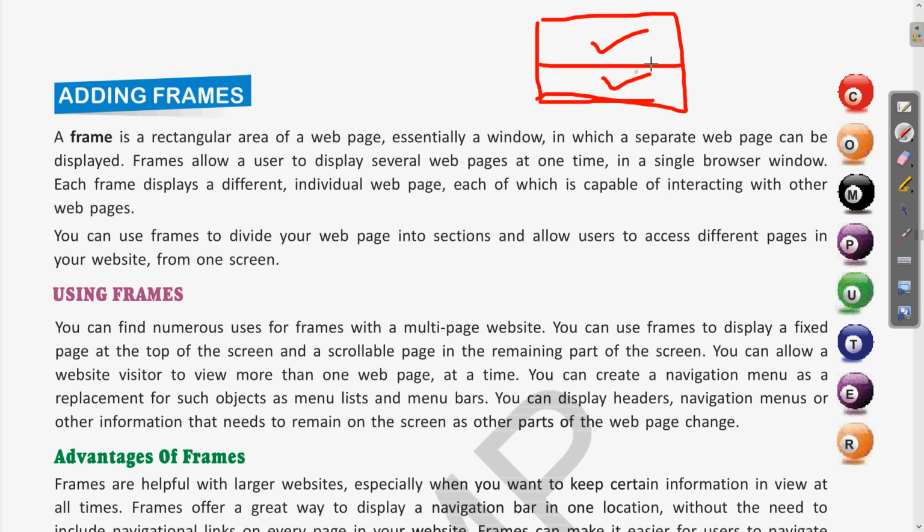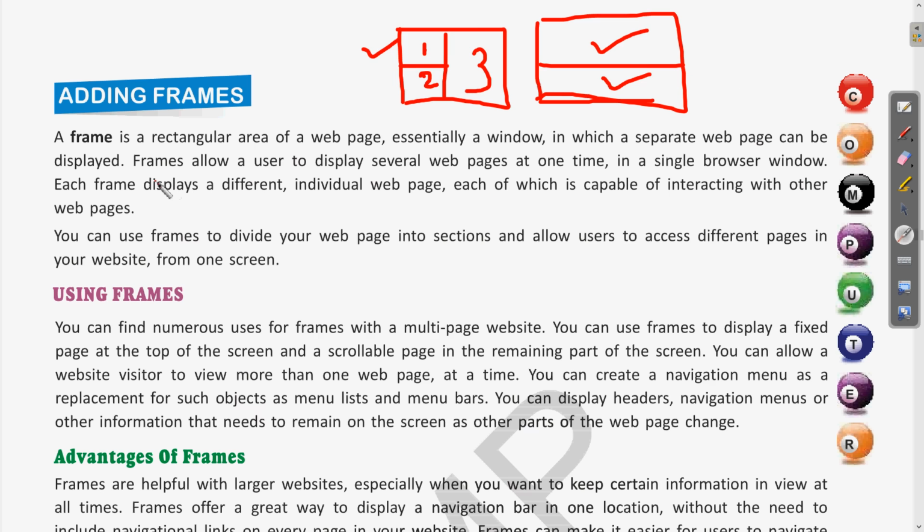Clear? So this way we can add the frames. Not only two, we can create sections and subsections also. So if you want, on the left part we can have two, and on the right side a third. So this way the frames can be added.